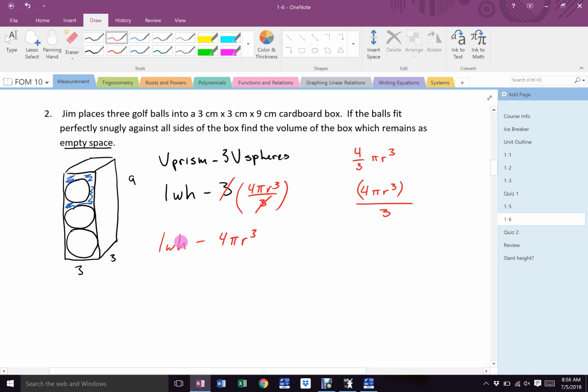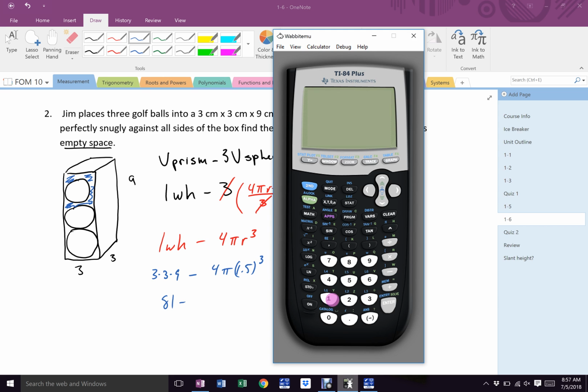Do I know my LWH? What are they? 3 times 3 times 9 minus 4 pi. What's my r? This is tricky. It's 1.5. 3 times 3 is 9. 9 times 9 is 81 minus 1.5 cubed. Go to my calculator. I know the answer, but